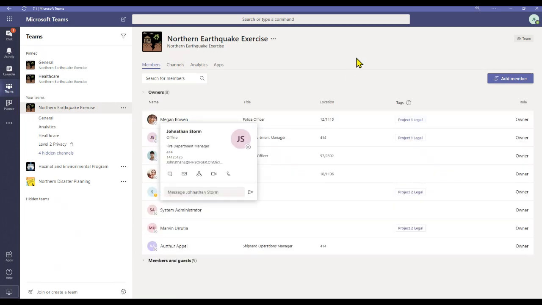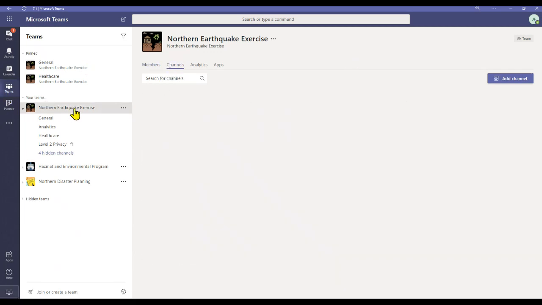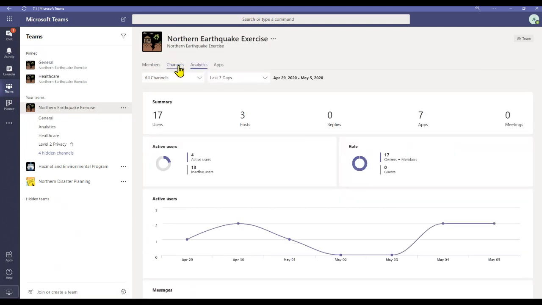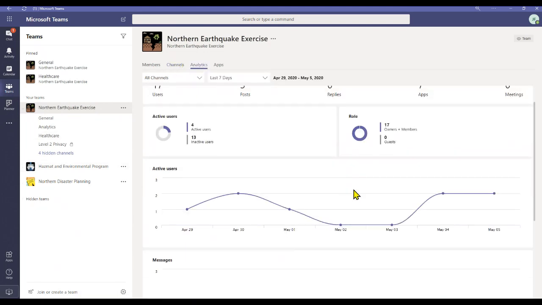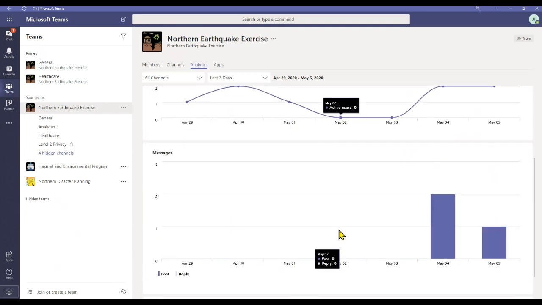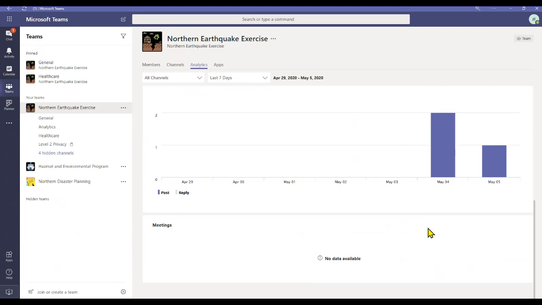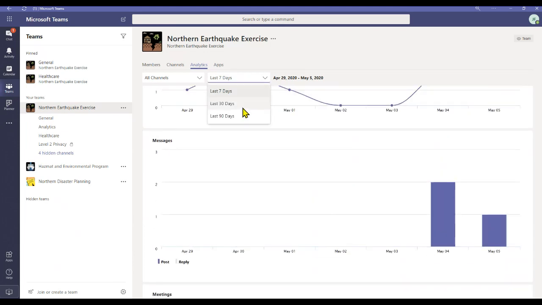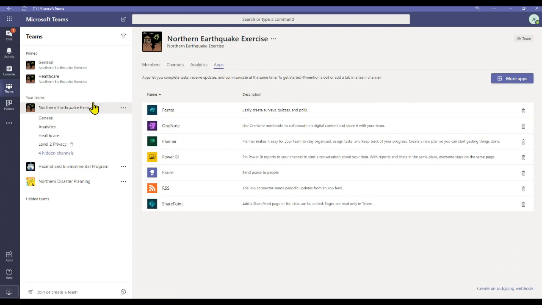Just to go over the settings of teams as well, another thing you're able to do is look at the analytics just to see how the engagement is within the team. You get summaries, you get pie charts of active users, as well as graphs of active users over time, and charts of messages. And you can even check out over time the analytics of all channels or specific channels as well. From the manage team option, you're able to uninstall and install supported applications